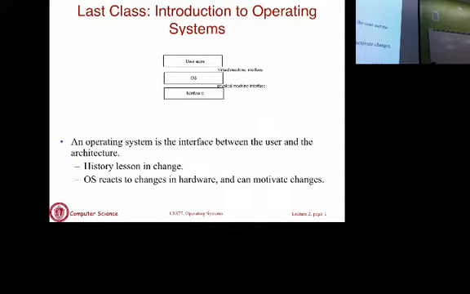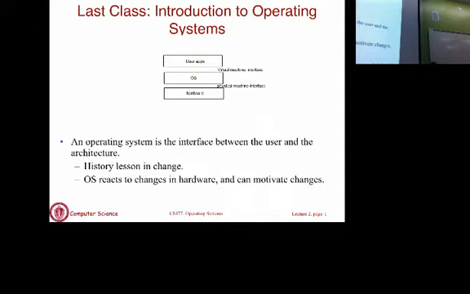Last time I gave a very broad brush introduction to what operating systems are. I put up that picture, which essentially illustrates that the OS is really the software layer that sits between the underlying hardware and end users and applications. So it's a piece of system software that sits between the two. What the OS also does is it takes the physical machine and provides an easier to use logical or virtual machine abstraction to end users. So end users don't see a lot of the details of the underlying hardware. They are hidden from the users and applications, and you get an easier to use abstraction.